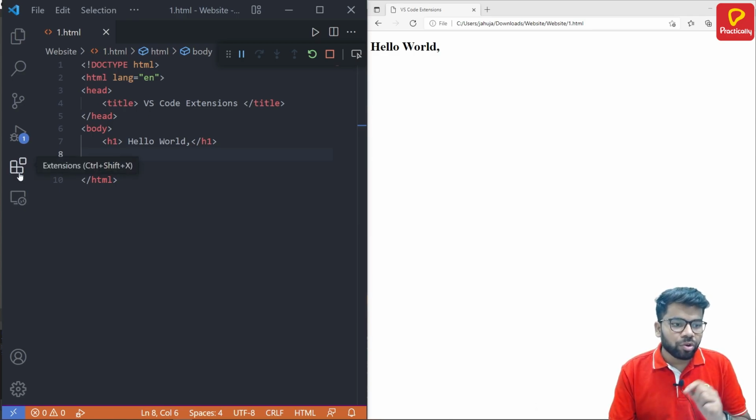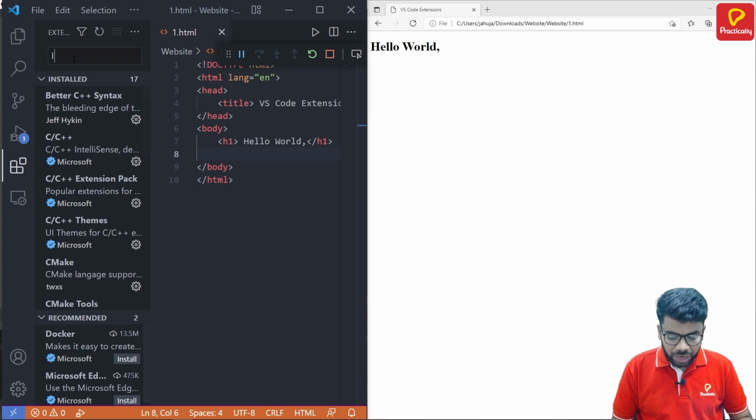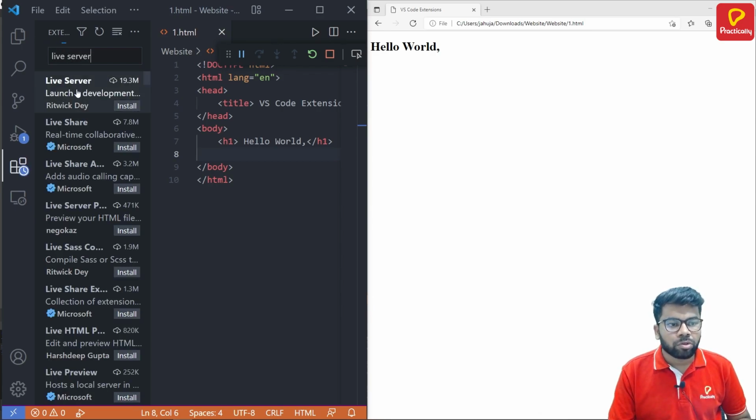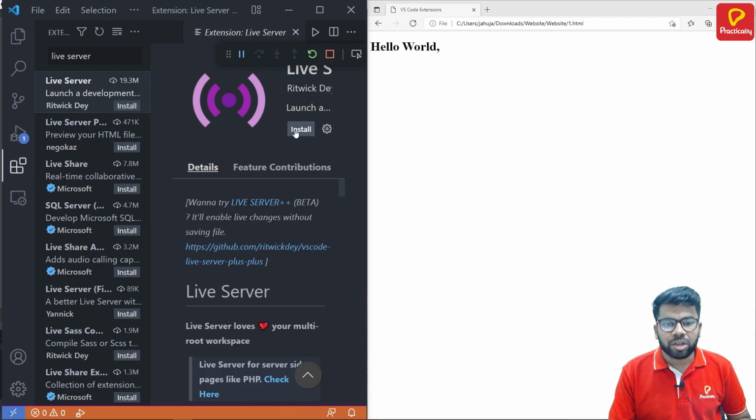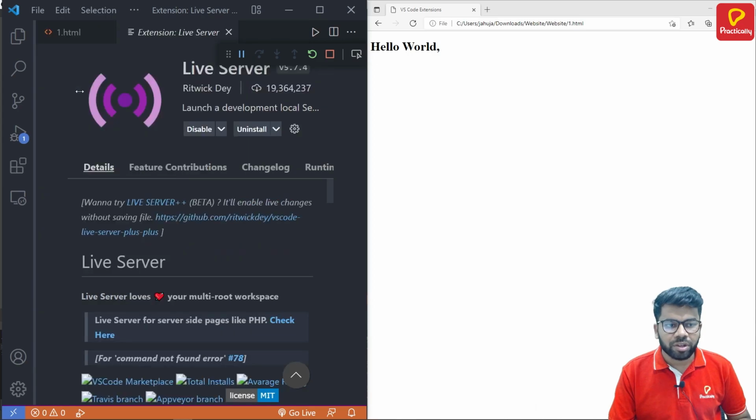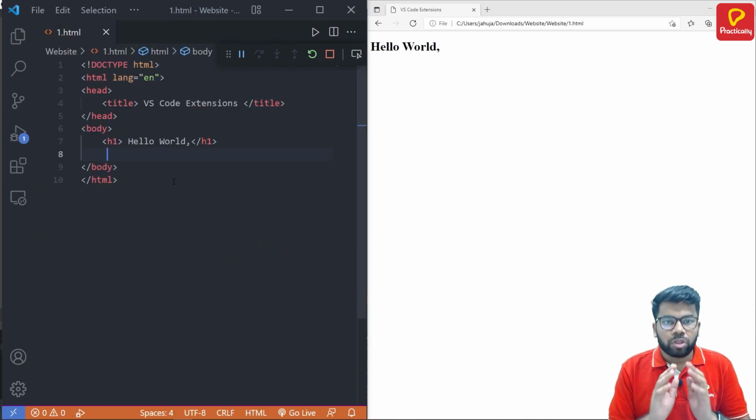Go to extensions and search here for Live Server. Click on the first option and click on install. Once the installation is done, close this window. Now our VS Code has the Live Server extension. This is a basic HTML code and this is the output window of this HTML code